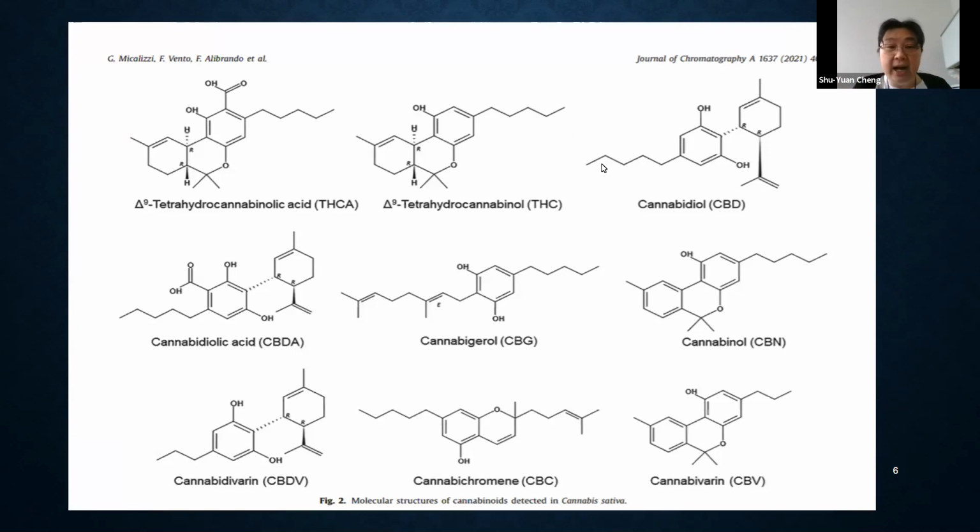But not only these two, there are other chemical molecules in this cannabinoid group, such as THCA, CBDA, CBN. These compounds are very unique. We always say that if THC concentration is more than 0.3%,